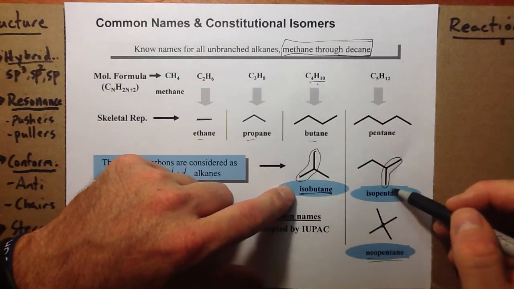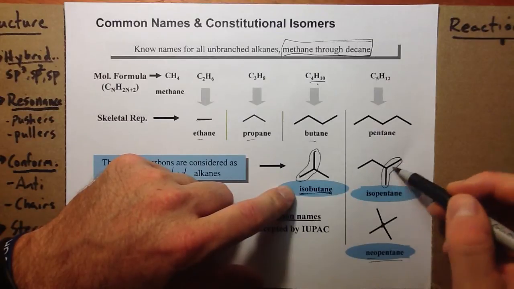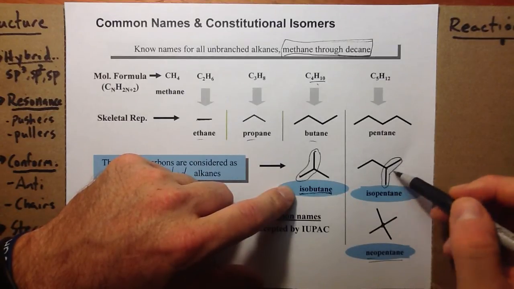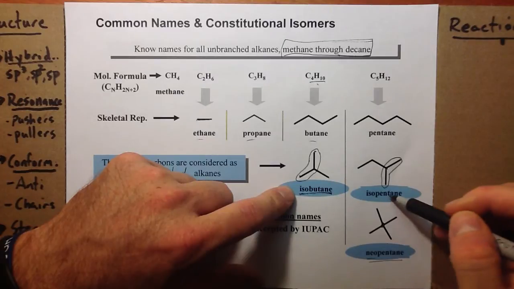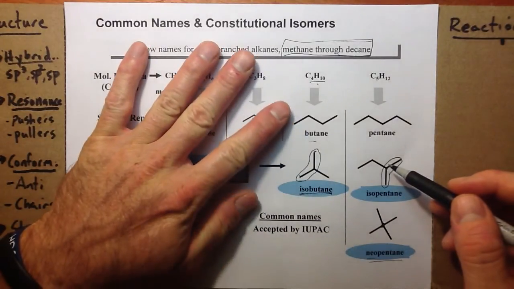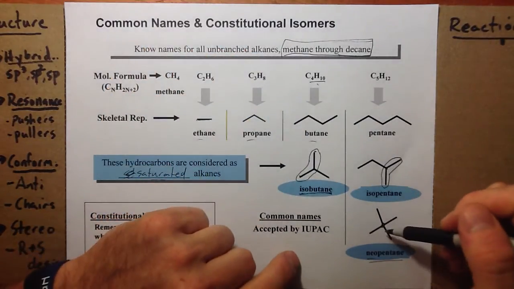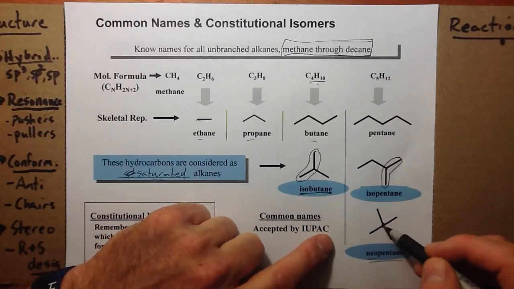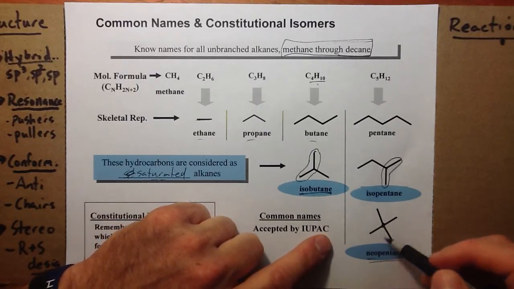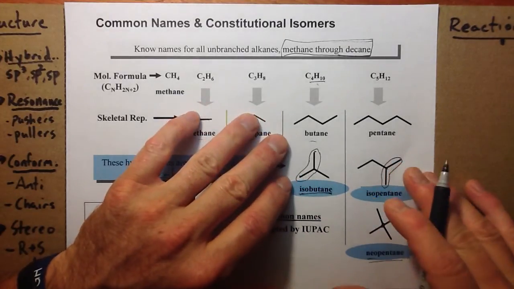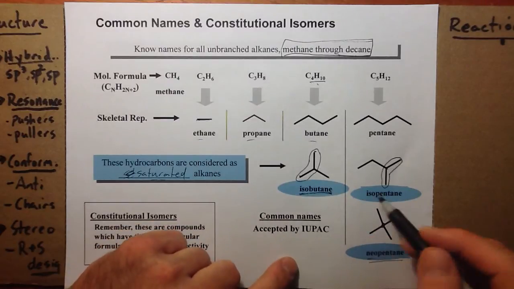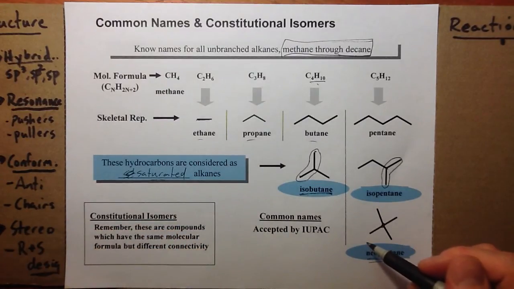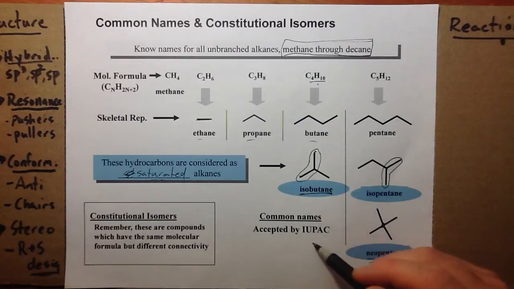We can do the same thing with isopentane. The iso pattern, 2 CH3 groups off of a CH carbon, again a carbon having 1 hydrogen, and then counting the other 2, that would be pent, associated with 5 carbons. And then last, neopentane. We'll say, well, isn't this an iso pattern? Nope, there's no CH group here. So they give this a different name. They call it neopentane. These are the ones in blue that I'll ask that you know the common names for, and these are accepted